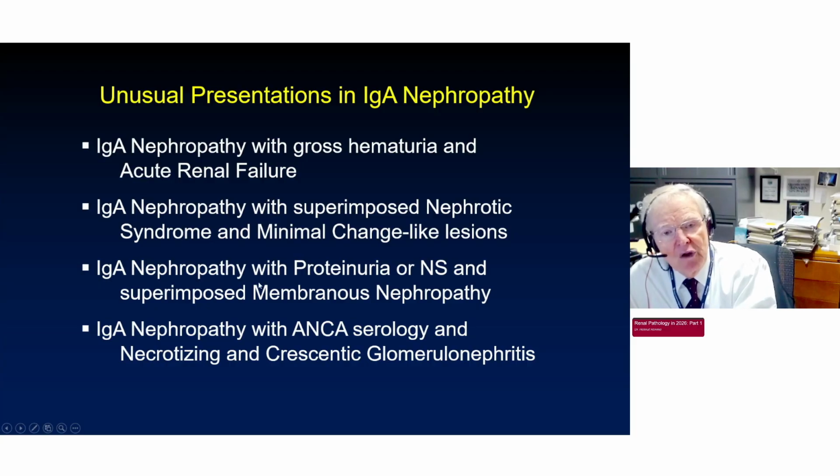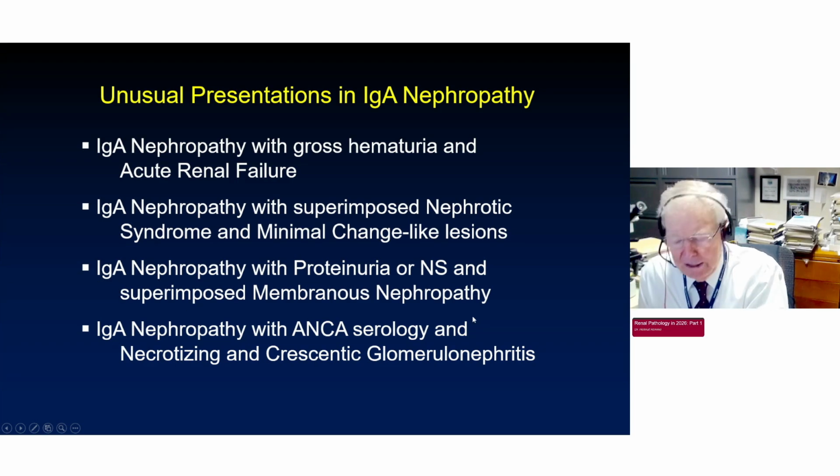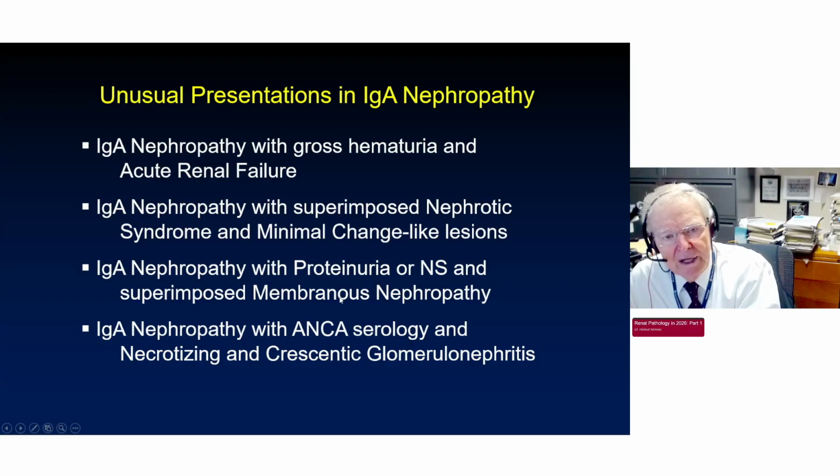Patients with IgA nephropathy with a superimposed membranous nephropathy, and you can see that the membranous, the peripheral capillary wall staining, is for IgG, whereas the mesangial staining is for IgA in these cases. Very challenging for the pathologist, but not impossible with good technique to recognize both these different forms of immune complex